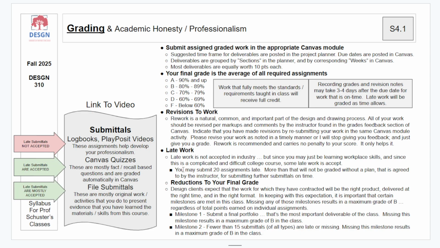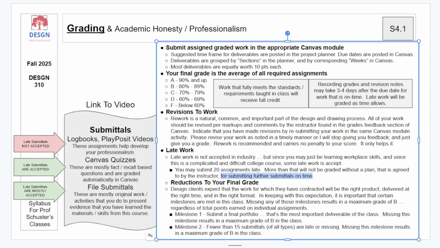Which ones? You can have 20 file submittals that are late. After that, I won't grade them. If you give me a plan for how you're going to stay up to speed on further submittals, and I agree to it, then I'll start doing some more late ones for you. But pretty much you get up to 20 late file submittals.